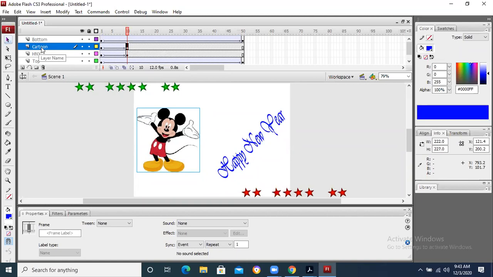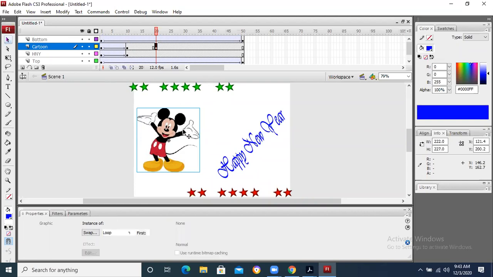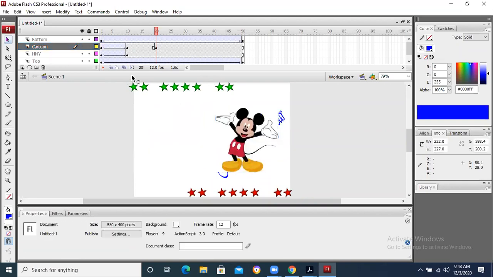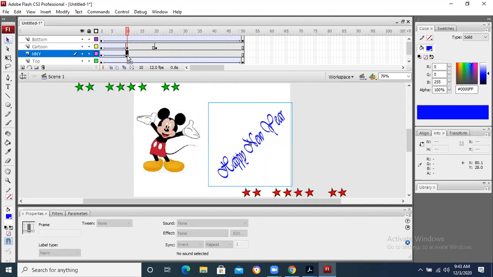Let's suppose this cartoon character is at frame 10. I click on frame 20. I press F6 and I bring it from this position to this position. Now see what I am doing. And Happy New Year is on frame 10. I click on frame 20.